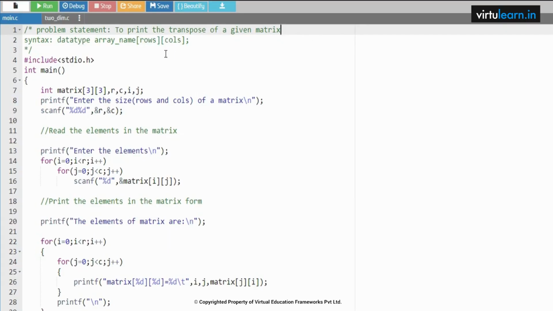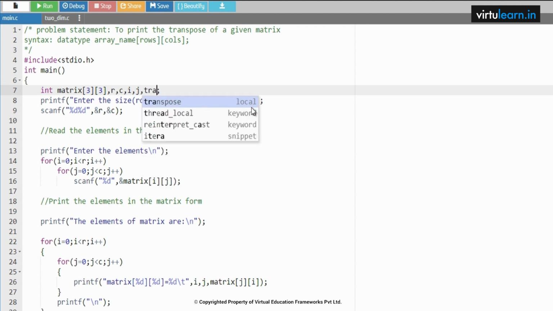The program is to print the transpose of a given matrix. Transpose is nothing but changing the rows to columns and columns to rows. Now we'll be using the same program that we have used earlier. I am just reading these elements. Now I'll be using one more matrix, that is transpose